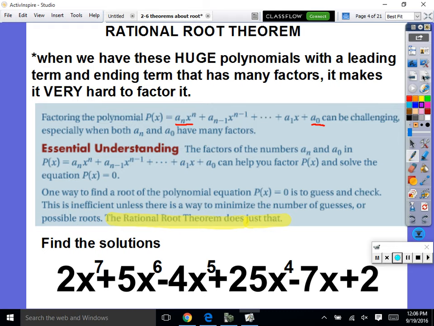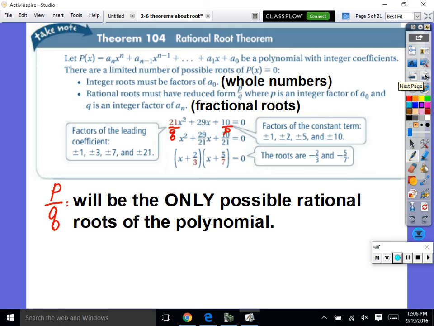So this is the rational root theorem. Here it is. Let a polynomial of any degree, that's just what this is saying, be a polynomial with integer coefficients. Integer means whole numbers. So if we have whole numbers in front of our variables, then those are integer coefficients. So if we have a polynomial with integer coefficients and the polynomial is set equal to 0, then there are